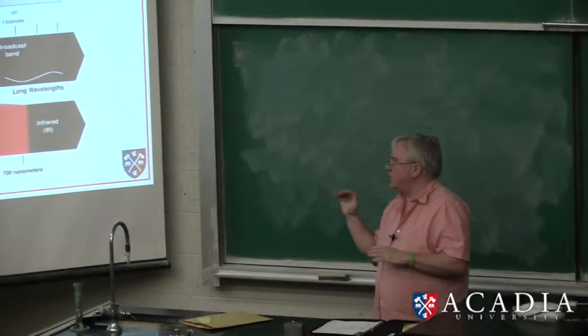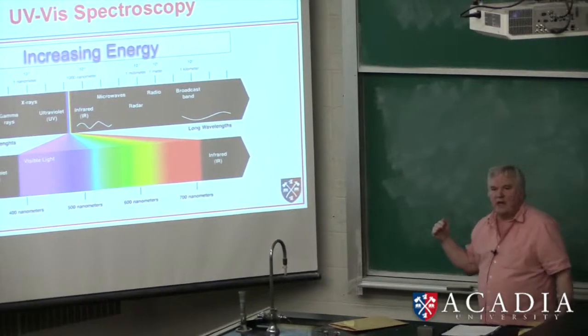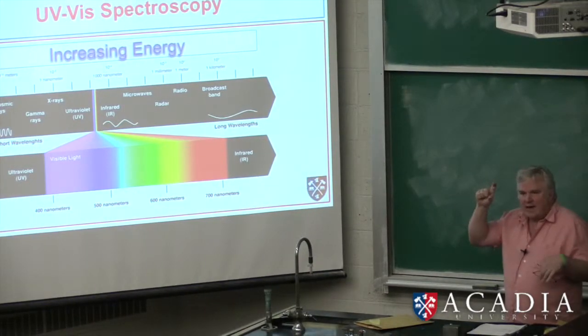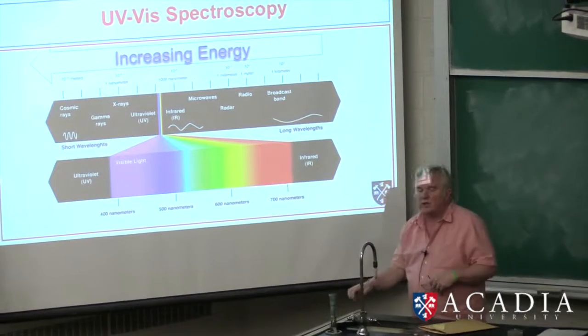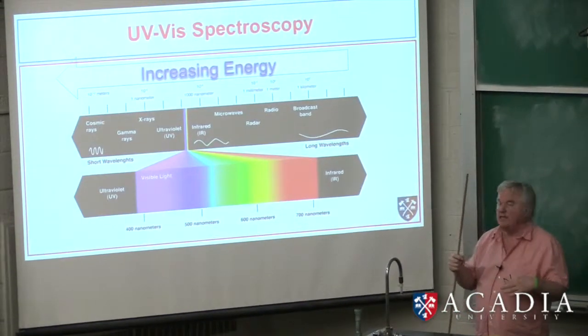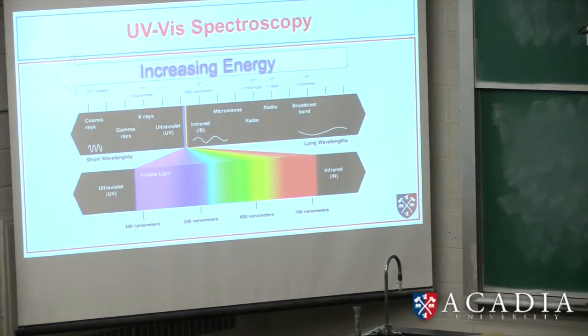Let's now get back. We ended last class and we just started talking about UV-vis spectroscopy. We talked about conjugation and how when we get more and more conjugation, that energy gap between the highest occupied molecular orbital and the lowest unoccupied molecular orbital gets smaller and smaller, and we have these electronic transitions which we can probe using light, and we get